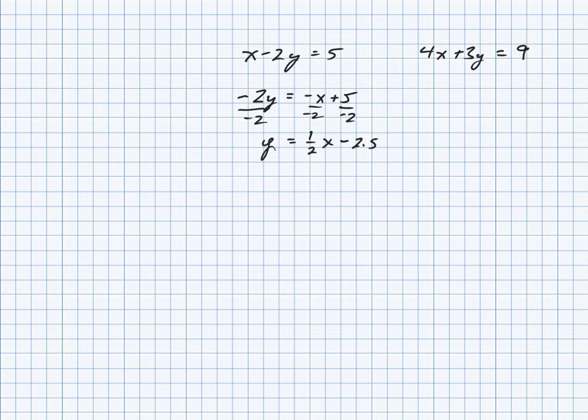Over here, on the other equation, I subtract the 4x from both sides. I get 3y equals negative 4x plus 9. Dividing everything by 3, y equals negative 4/3 x plus 3. So if I try to graph both of these lines,